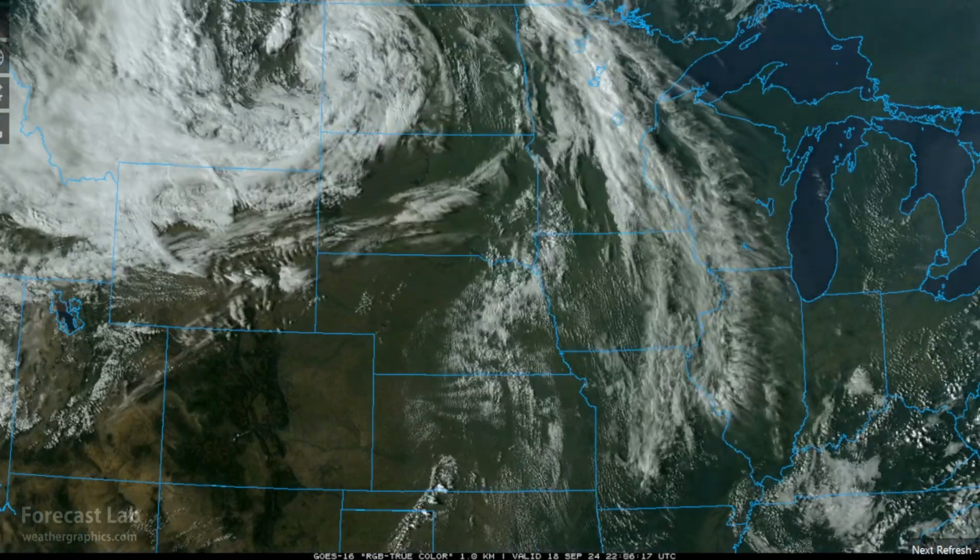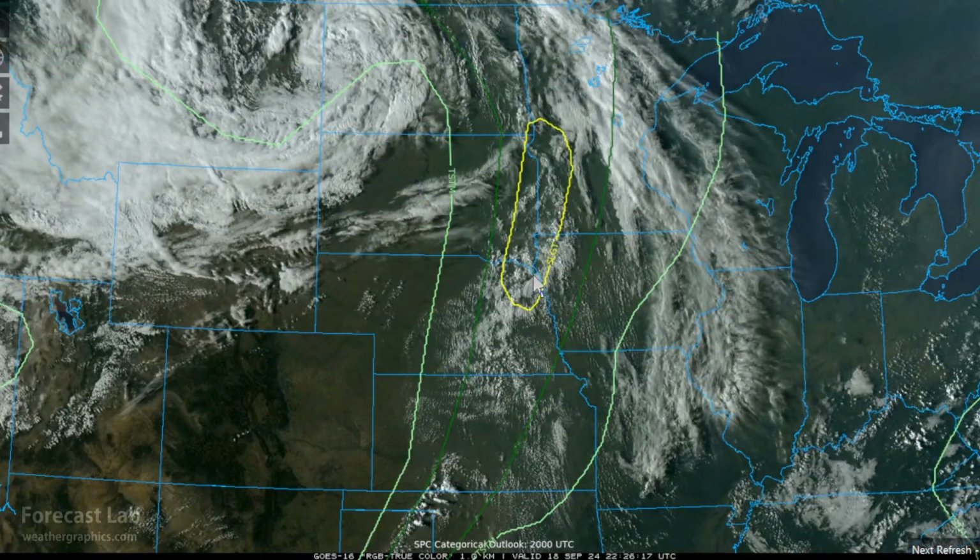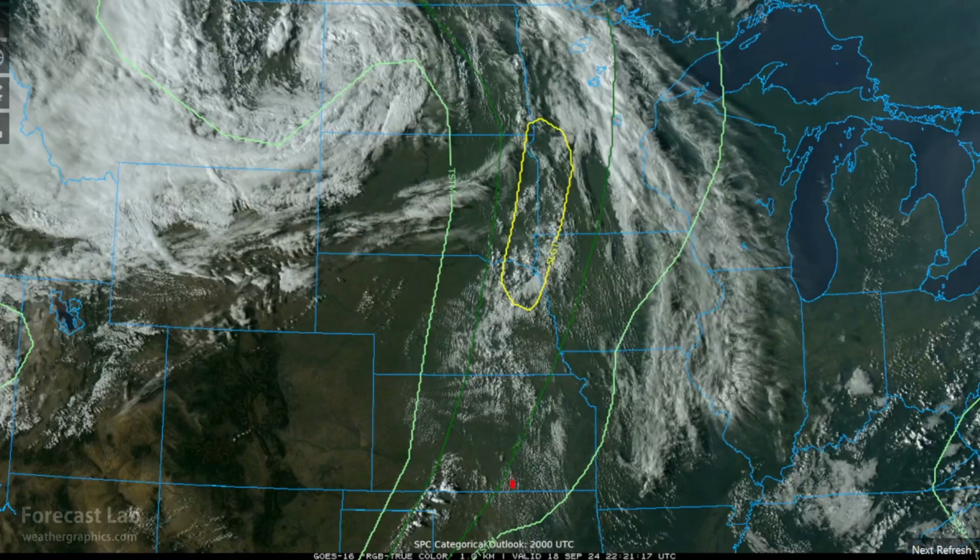In the northern plains, a very dynamic weather pattern. We do have an SPC slight risk for severe weather. That covers an area from about Sioux City up to just south of Fargo. The main risk there is going to be wind and hail with a very low risk of tornadoes. We can see that that is associated with the nose of the warm conveyor belt as it flows to the